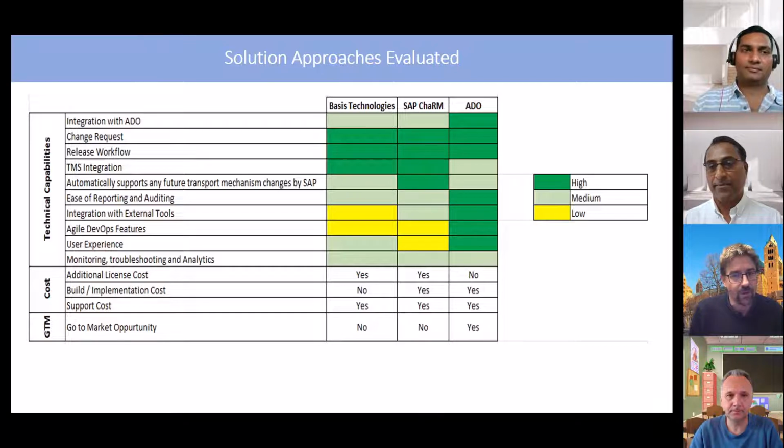And what I also really like is you take an open approach. It was not decided from the very beginning that we have to use Azure DevOps, but you really looked at a lot of different tools to evaluate: is there a better fit? And in our specific case, ADO turns out to be the best fit, and potentially,